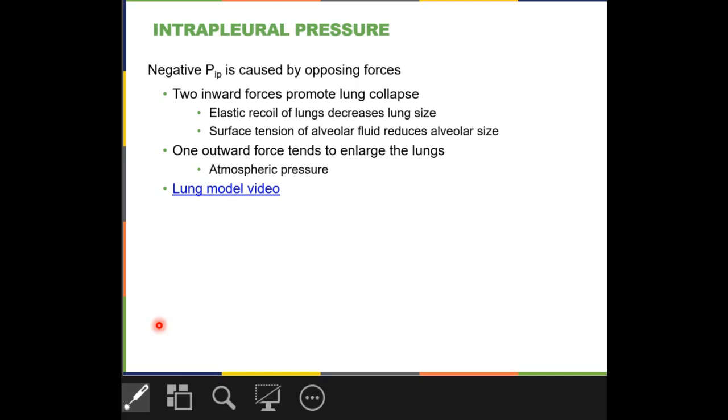This is because your lungs want to recoil. They want to get smaller. So they're always pulling away from the inside of your rib cage so that they would collapse, but they don't collapse because atmospheric pressure is the outward force that's holding them open. The inward forces that encourage your lungs to collapse are the elastic recoil of the lungs, so that elastic tissue around all of your